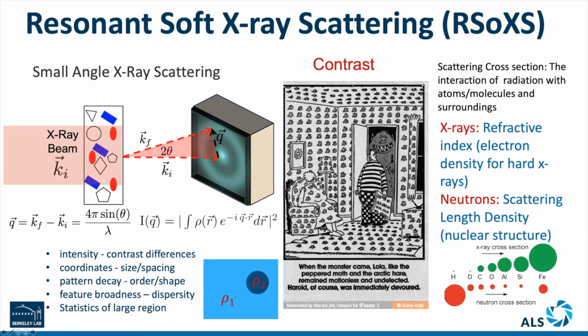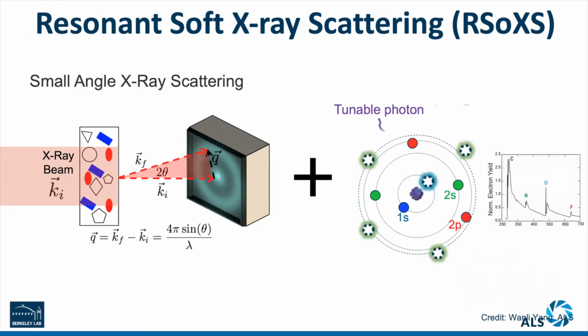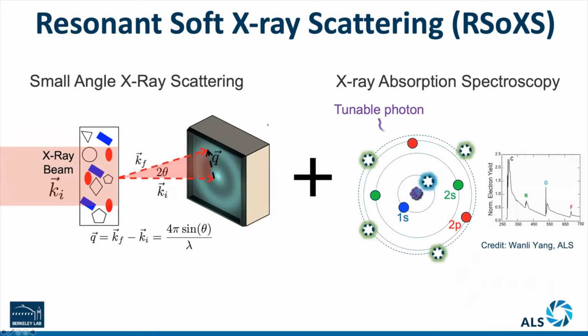So the neutron community has been using the contrast matching method by replacing the hydrogen with deuterium to manipulate the scattering length density. X-rays are limited by the material electron density, which ultimately defines the different contrast of different phases. So over the past decades, we have been working on using the soft X-ray energy range to tune the